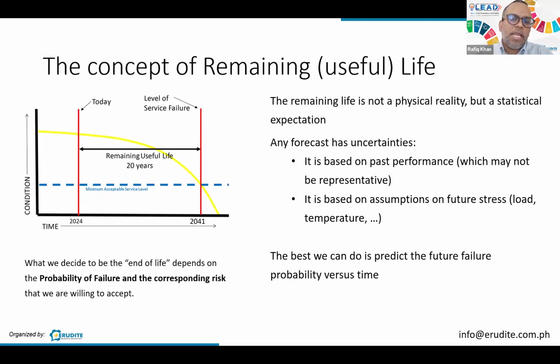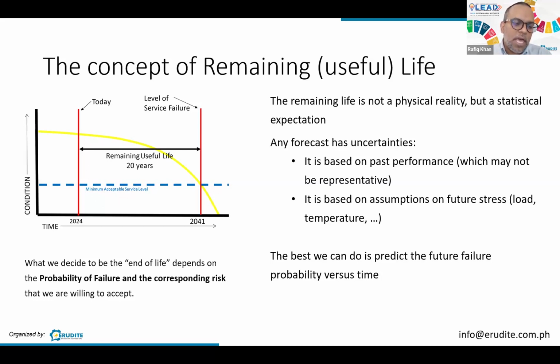The concept of remaining life. I like to use this term, remaining useful life, because actual life of equipment can go beyond a certain age, depending on the use. But we want to have a minimum acceptance service level. When we can already retire the equipment is based on how much risk we are carrying. So probability of a failure happening is one way of determining the remaining life of an asset, and also the